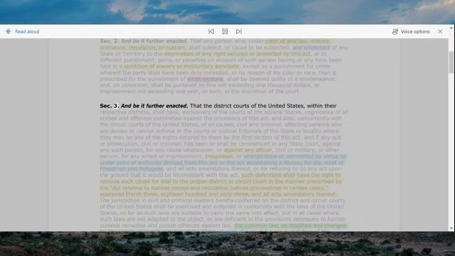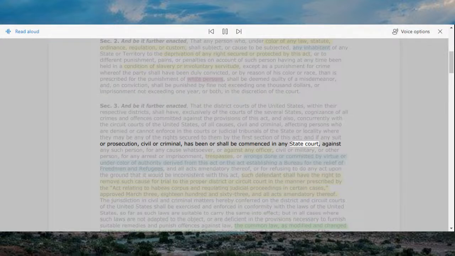Section 3. And be it further enacted that the district courts of the United States, within their respective districts, shall have, exclusively of the courts of the several states, cognizance of all crimes and offenses committed against the provisions of this act, and also, concurrently with the circuit courts of the United States, of all causes, civil and criminal, affecting persons who are denied or cannot enforce in the courts or judicial tribunals of the state or locality where they may be any of the rights secured to them by the first section of this act, and if any suit or prosecution, civil or criminal, has been